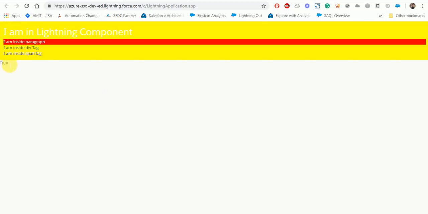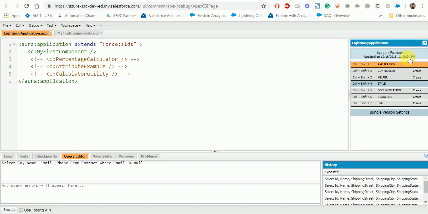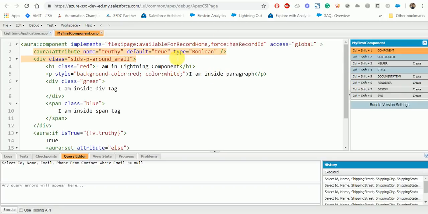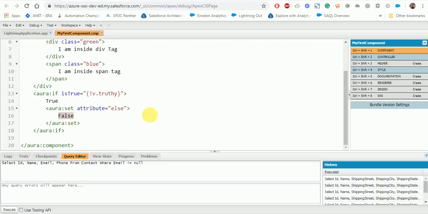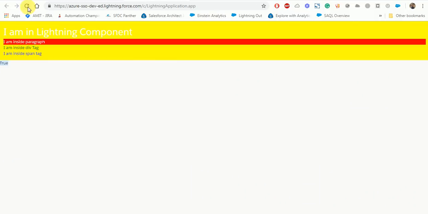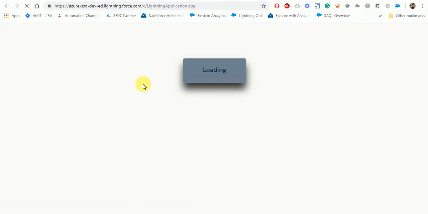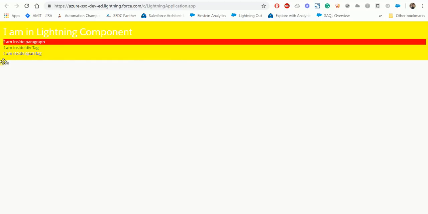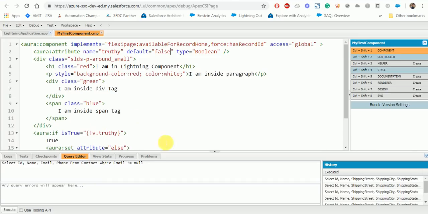Here you can see true, and this is coming because we have provided the default value for this truthy variable as true. And if you want to see false, just go ahead and make a small change, put it as false, and then save this. Here you can see false, and that is coming inside the